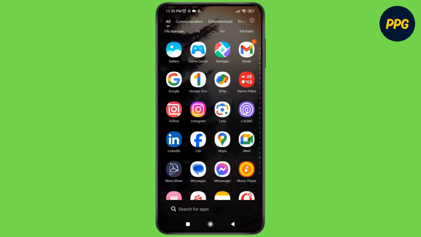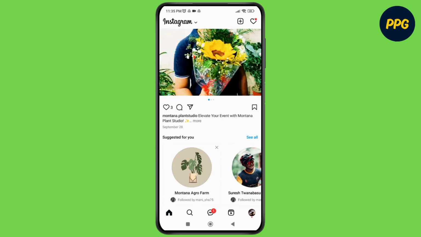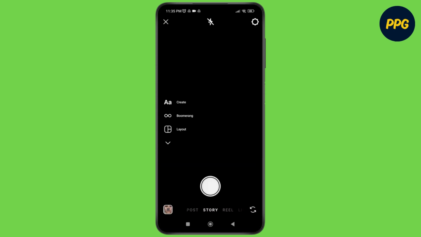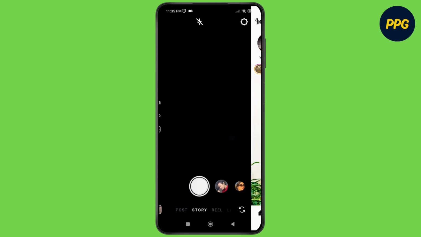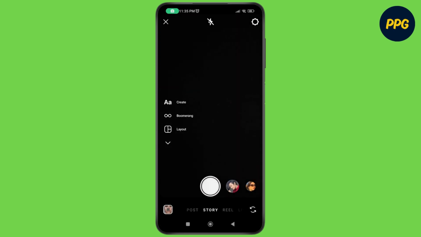So first of all, launch the Instagram application on your device and make sure that you're logged into your account. After logging into your account, all you have to do is just tap on the story option by tapping on your profile at the top left corner. And as you do that, you can just click a picture over here by tapping on this one, or you can select from a gallery. Here I'm going to just click a plain black picture, and as you tap on the picture,